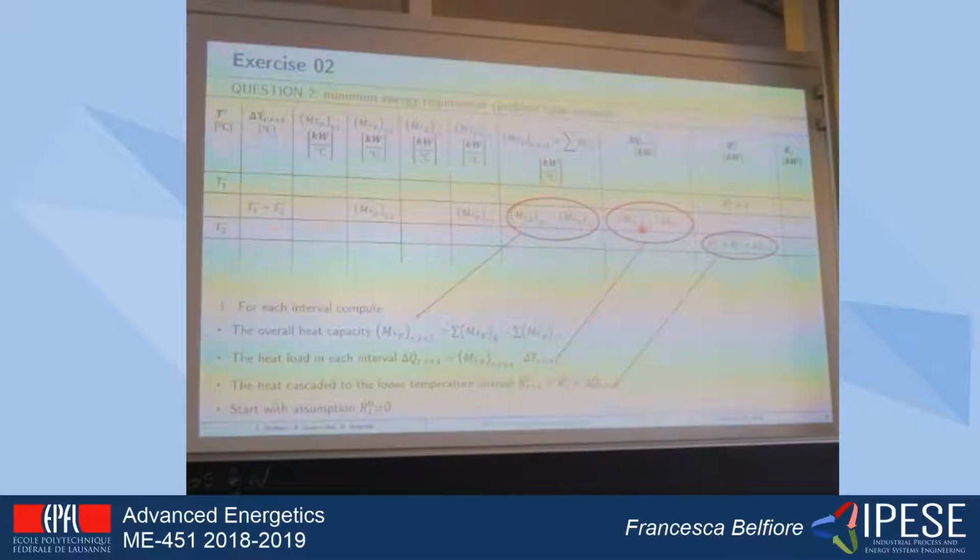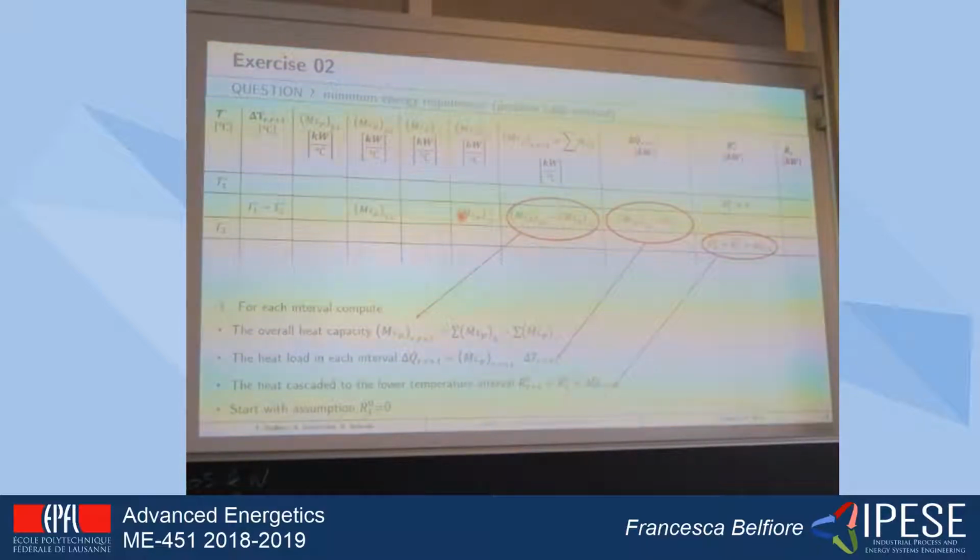You list them by starting with the highest temperature towards the lower temperature. And between each temperature, you will have a temperature interval. And you have to check which streams are activated in that temperature interval. For example, in your exercise, you have 4 streams. And here, for example, I suppose that the second hot stream and the second cold stream are crossing that temperature interval.